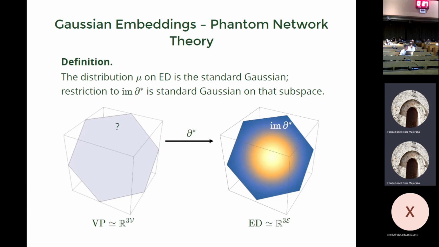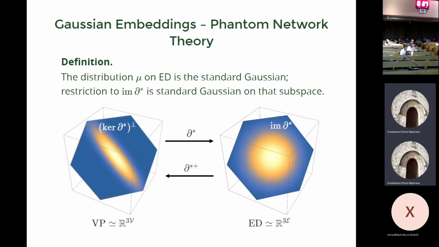Okay, but if we're looking at positions of vertices, so the actual monomer positions in space, that's some distribution over vertex positions. So what is that thing? Well, you have this distribution. You can push it forward by the pseudo inverse of this boundary star map, and you'll get some distribution on the image of this map, which is going to correspond to basically zero mean embeddings of your graph.